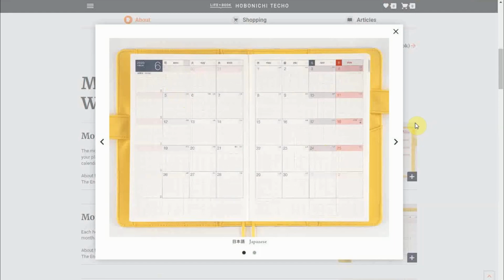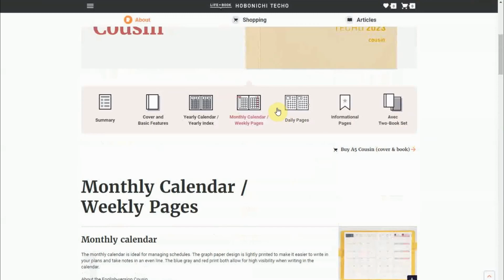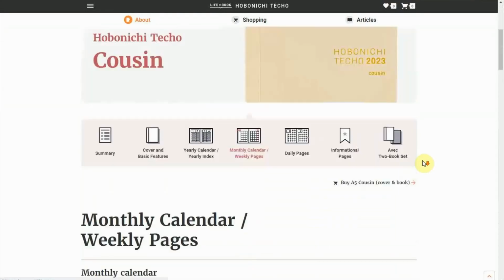So this is what the monthly looks like. All of the months are together at the front of the book. They're not interspersed with the weeks. And then, oh, this is an A5 planner, if I did not mention that. Oh, no. The weekly pages,